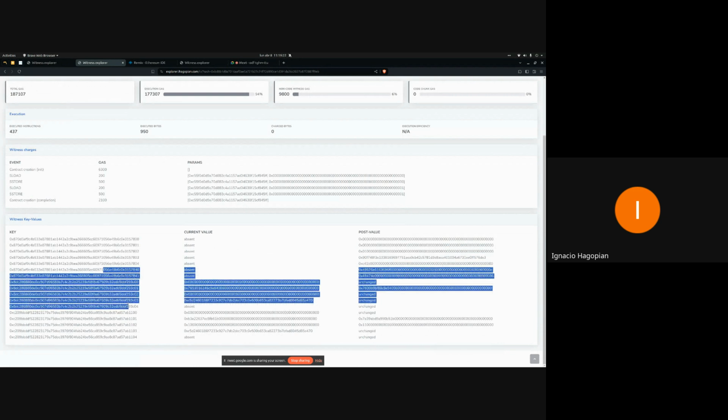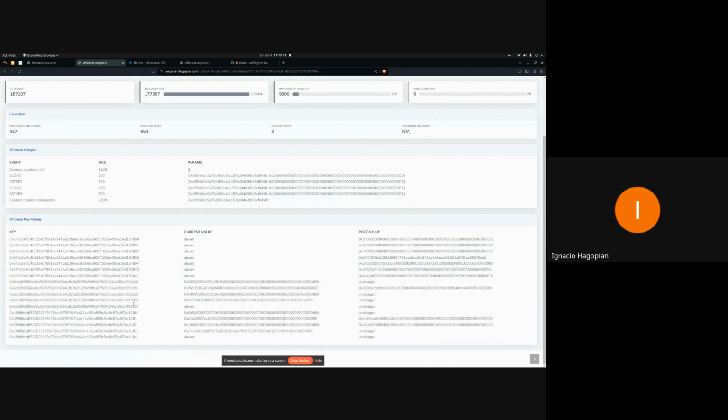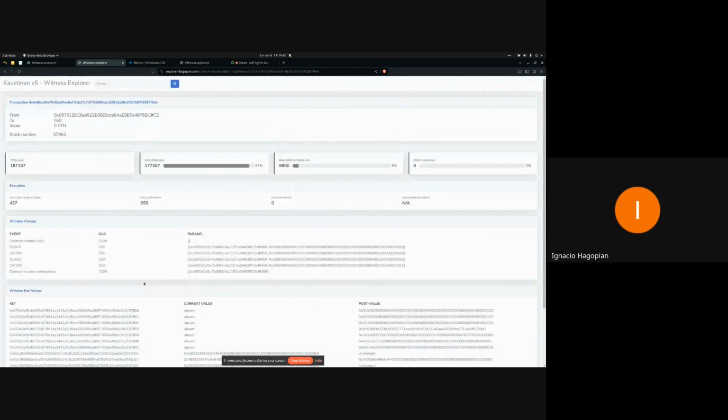Other internal nodes, probably. So this is a bit more detailed information per transaction of which things were added to the witness. So probably this will be helpful for debugging. Yeah, so that's the overall